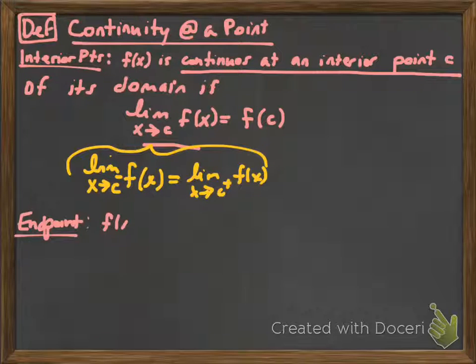Again, we'll start with f of x is continuous at, and I don't really like the way they do this. I'm just going to say at an endpoint, and then we'll denote which one's which. In your book, they say at a left endpoint A. All right. At left endpoint A,